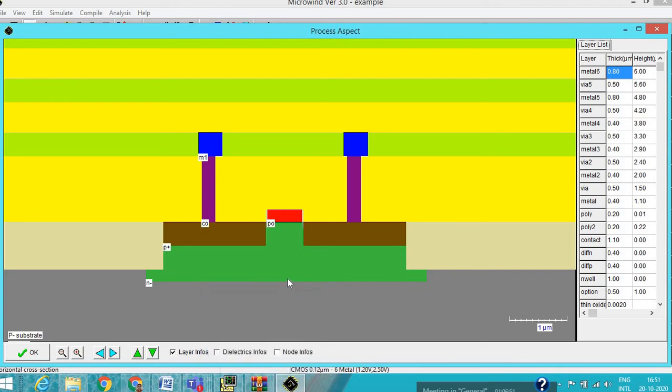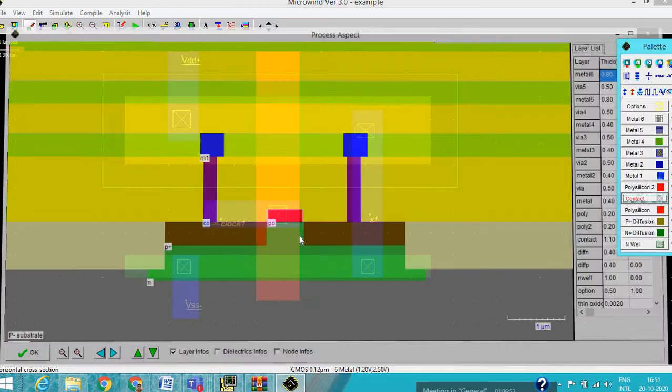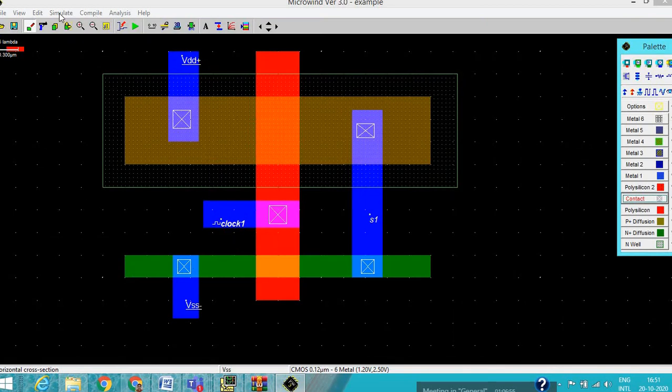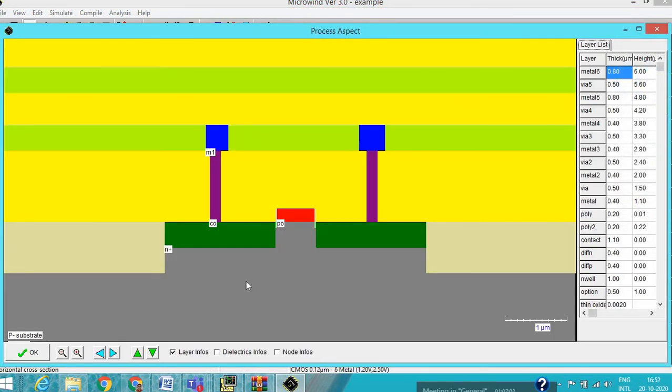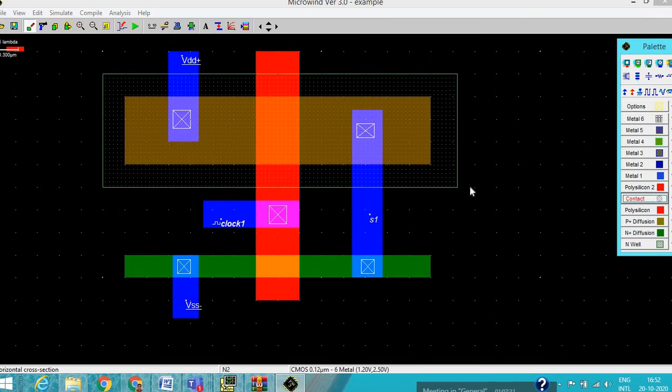Okay, similarly we can see the cross-section of the N MOSFET. Here you can see the cross-section of the N MOSFET. In the N MOSFET, the P minus substrate is already there, so it starts directly with the N plus, and above the N plus is polysilicon, which separates the two N plus regions by the channel length, and through the metal it is filled with the contact, connecting source and drain, right.